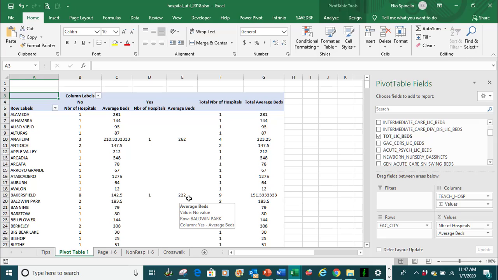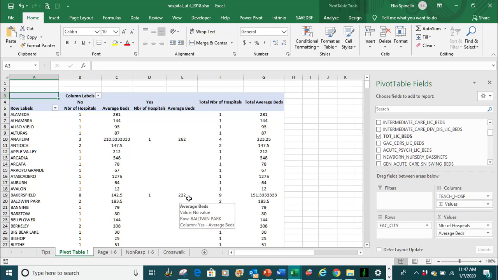Average total for all is 151 average bed size. So this is how we can combine multiple variables with multiple categories. So this is actually called a cross-tabulation because we're looking at 2 categories that are used to slice and dice